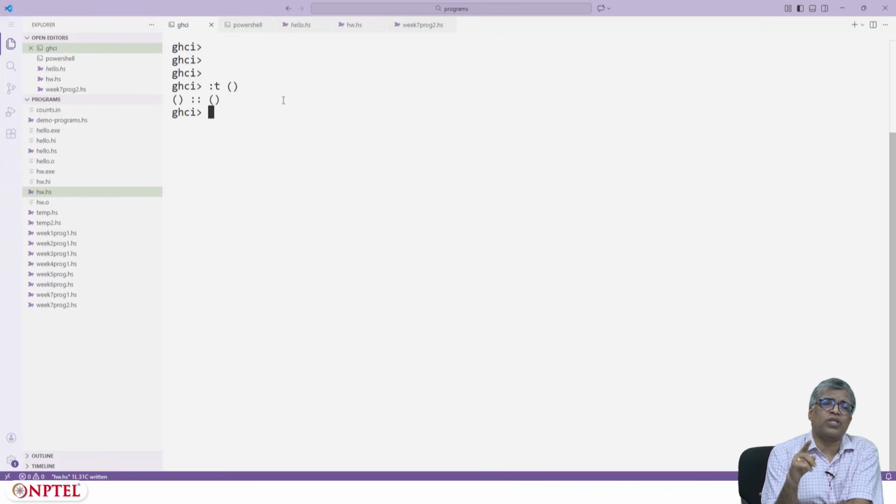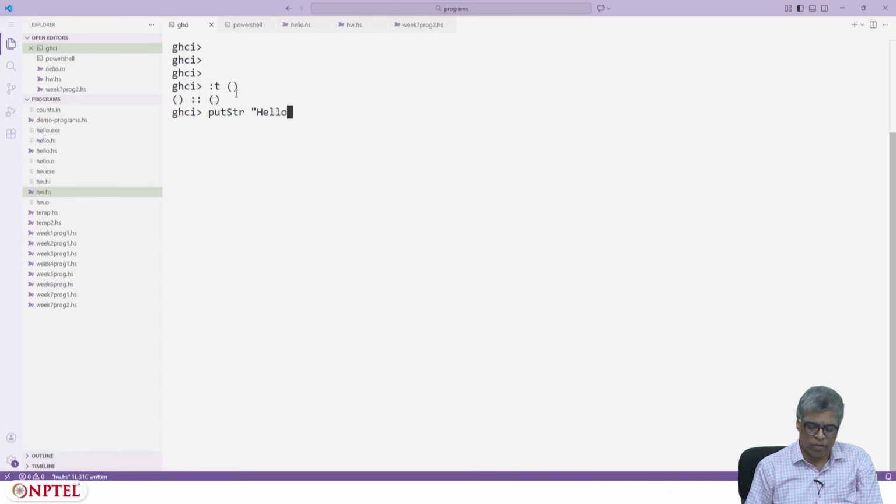It says unit is of type unit. So this is what I meant. The value is denoted this, the type is also denoted the same way, but there will never be confusion as to when you are referring to the value and when you are referring to the type. Now let's try to say putStr